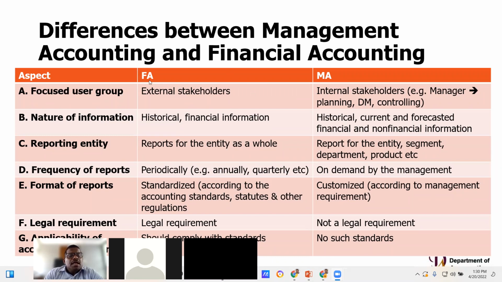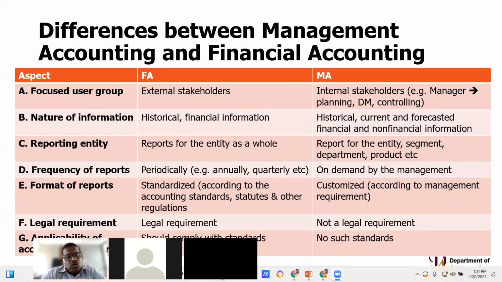But when you take the nature of information, historical and financial information, yes, historical, current, financial, non-financial, very good. You are correct. Historical, current, and forecasted financial and non-financial information. But what I want to communicate to you is that